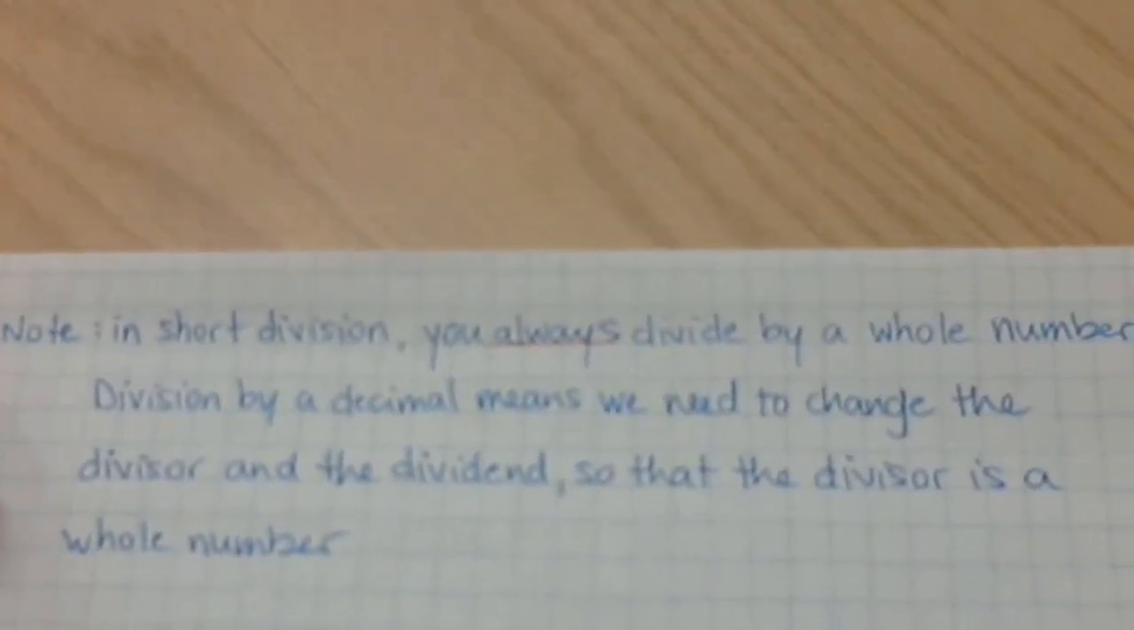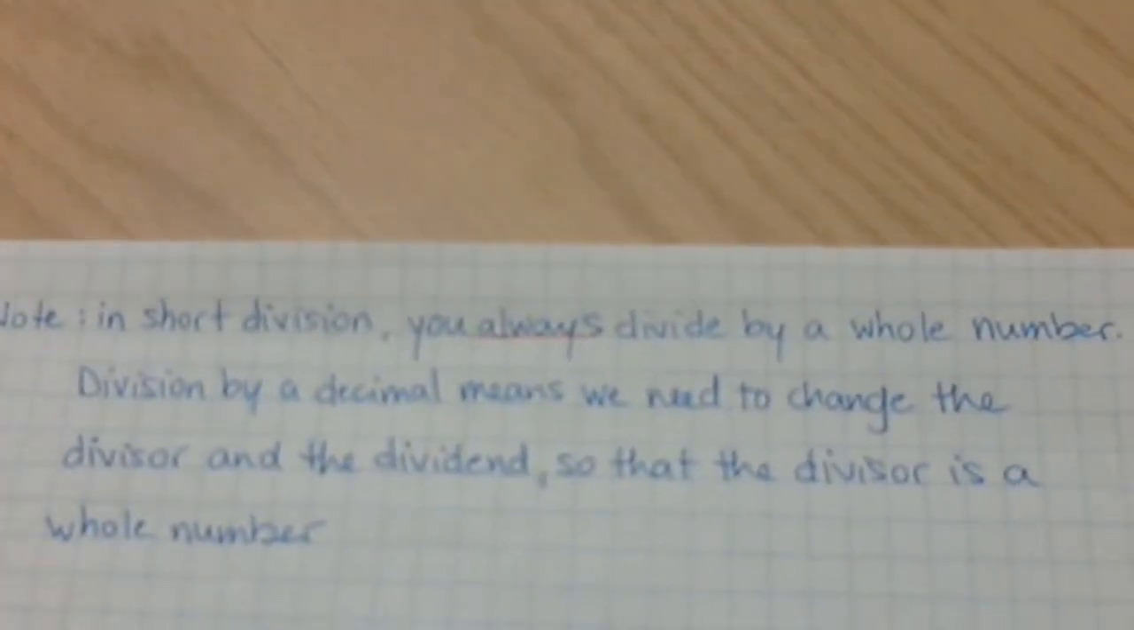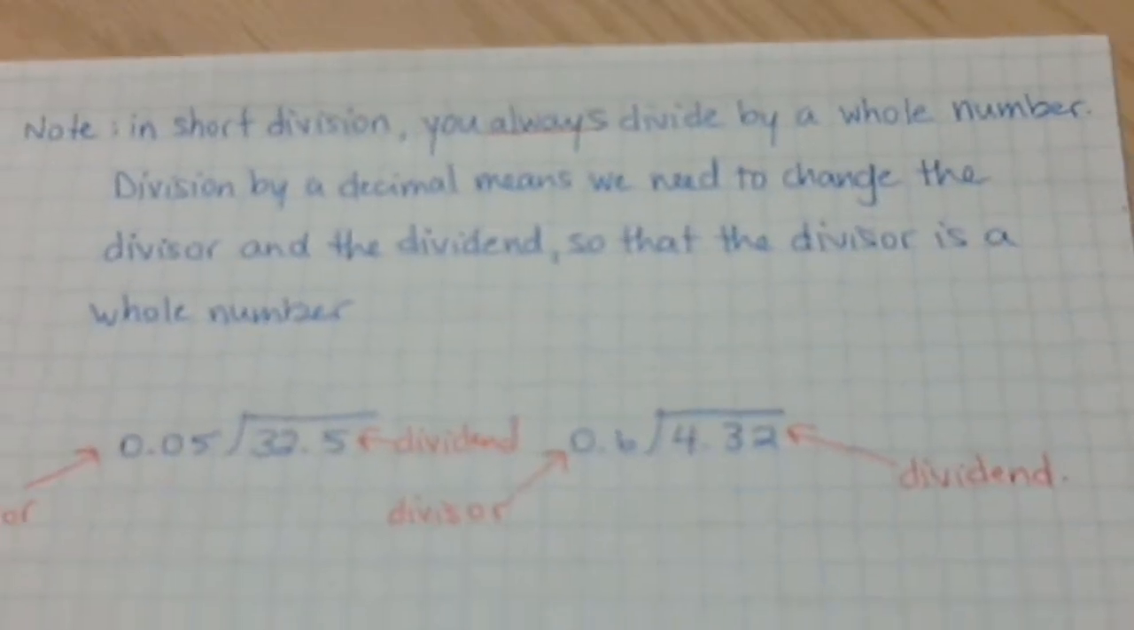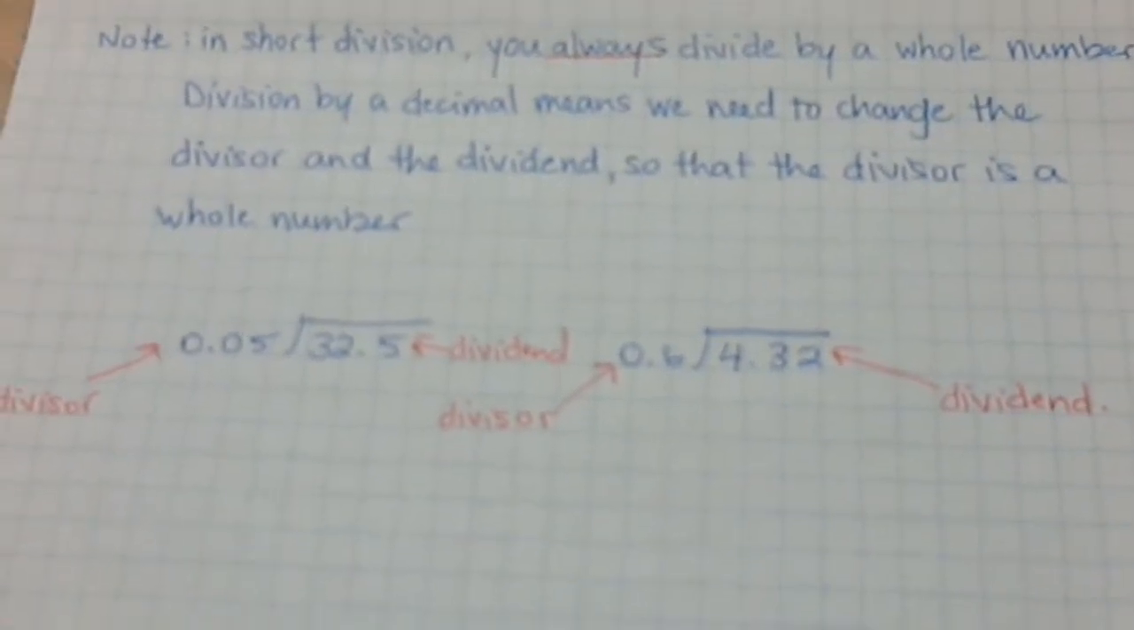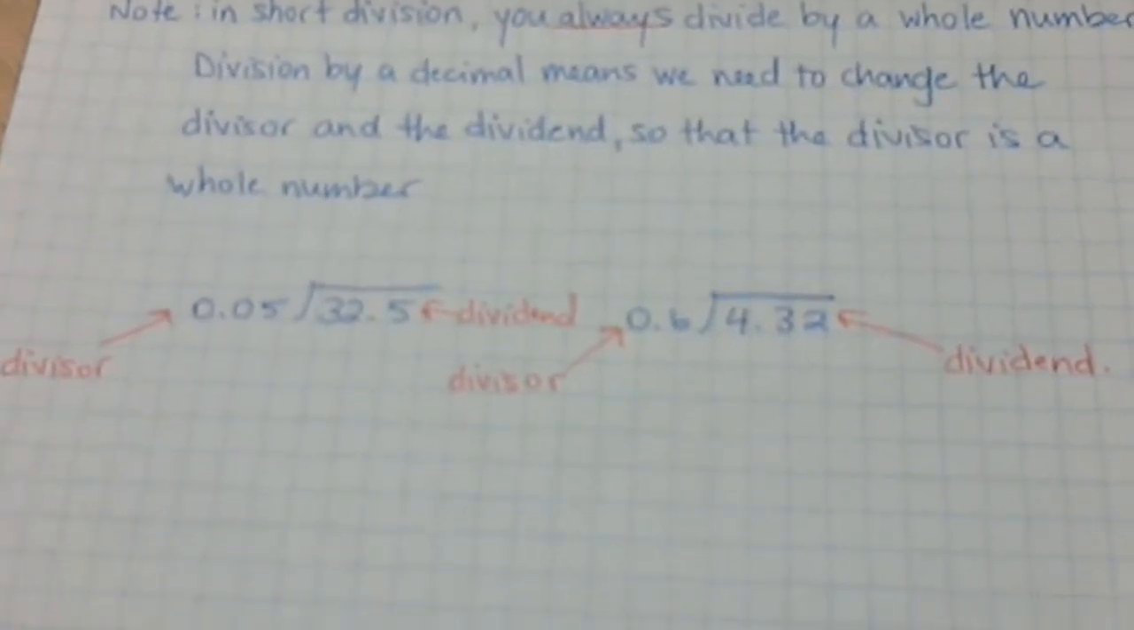We need to remember that in short division, you always need to divide by a whole number. Division by a decimal means we need to change the divisor and the dividend so that the divisor is a whole number. So the textbook came up with a couple of examples. We have the number 0.05